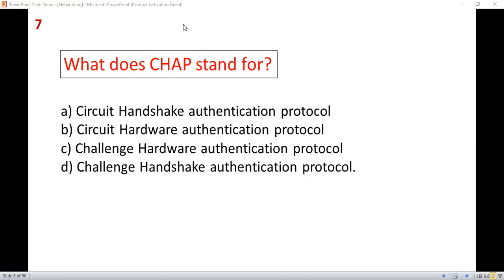If we are talking about cloud computing, the Challenge Handshake Authentication Protocol is an authentication protocol originally used by the point-to-point protocol to validate users, and is also carried in other authentication protocols such as RADIUS and Diameter also. Okay, so the next question is,